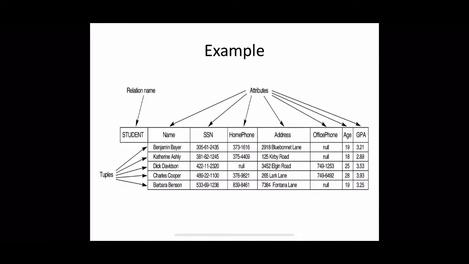And the example we have seen earlier, student as a relational schema with attributes name, SSN, home phone, etc. 7 different attributes are there. So we can say that student is a relational schema with degree 7, and at a particular instant of time, this is the populated value within the student. So we can say that this table denotes the relation state or extension, and the first row is the first tuple of this relation, which denotes a particular student's information. Currently we have 5 different tuples in this table.